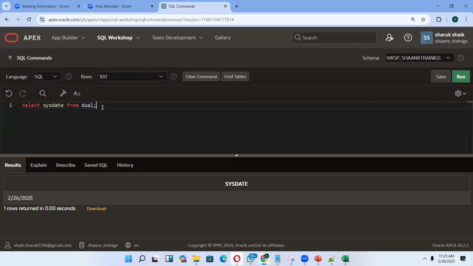If you want to extract the date, year or month from this, what is the function? Select, for example, take as the first column sysdate, comma. If I want the year, how? Extract function. What is the thing you want to extract? Year, from which sysdate. This is my first column, as year, comma,